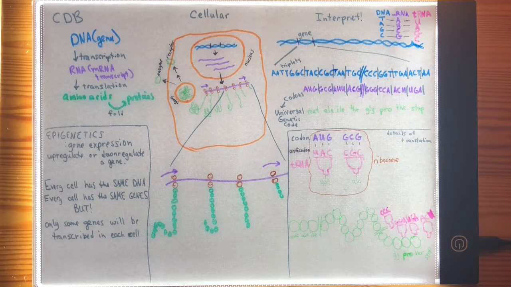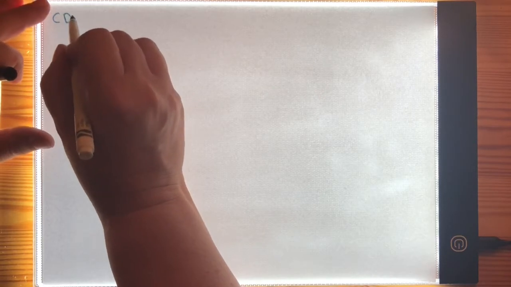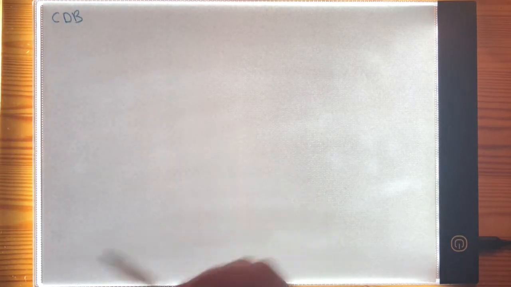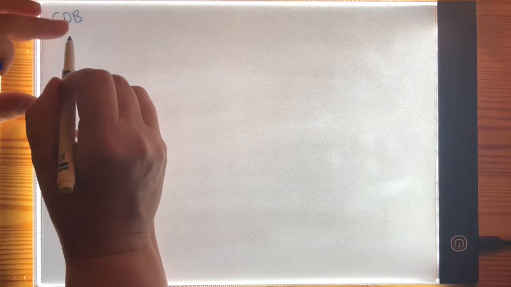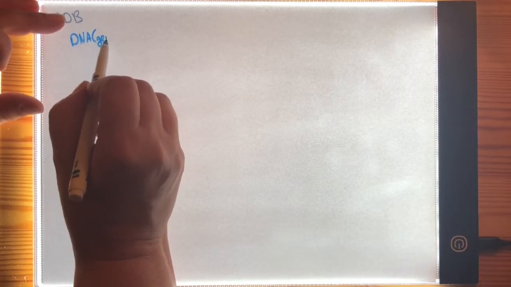Let's go ahead and work on this beauty. We're going to investigate the central dogma of biology from various perspectives. We'll start off with a standard flow chart where we start off with DNA at the top, DNA in the